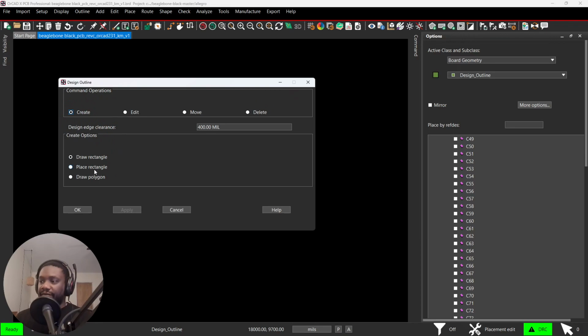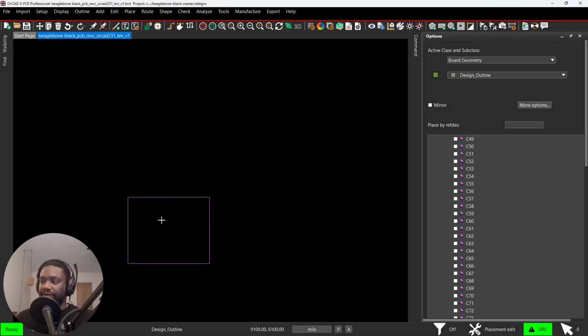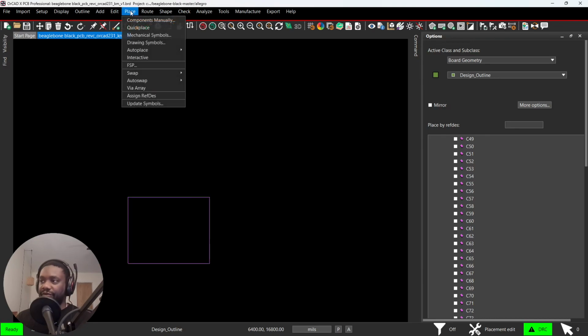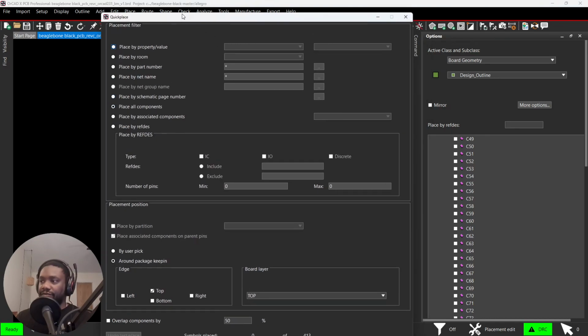For our design outline, I will draw and place a rectangle and make it, say, a 20 mil keep in. This is just to test and see that the design outline can be made. I'll do a 5,000 mil by 4,000 mil board, then place the board and click OK. Let's save this and overwrite, then attempt to quick place the components. We'll place all components,